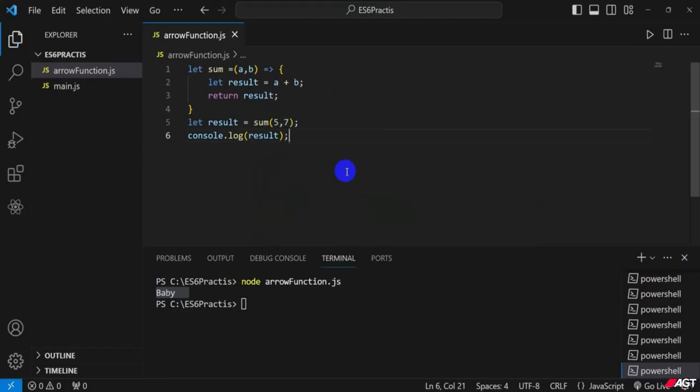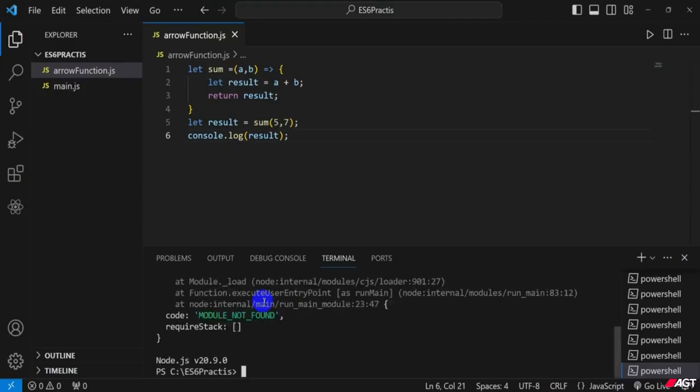And here I go to the terminal and run node for the arrow function. Okay, arrow function dot js. Okay, so here in this module, I modify this and insert the value one, and then in this result I create it. Okay, so now it's complete, and now again save this code, and I go to the terminal and